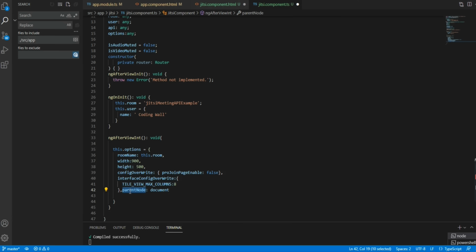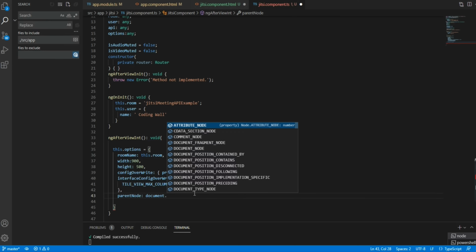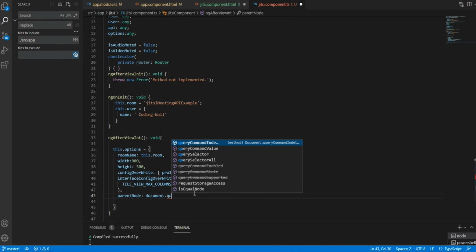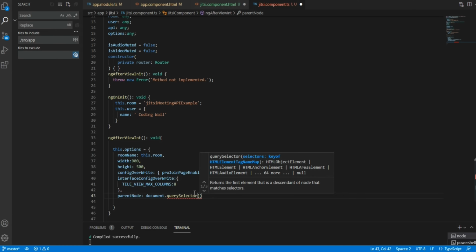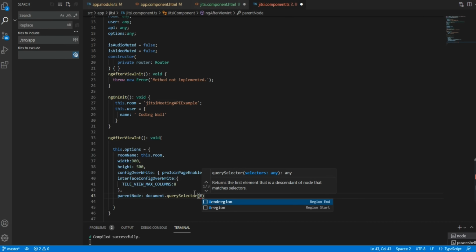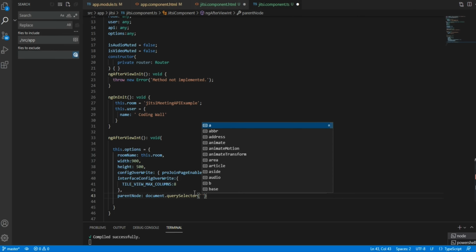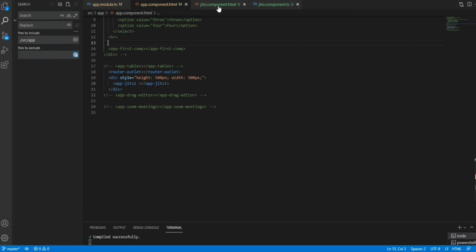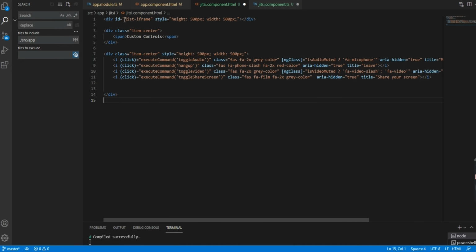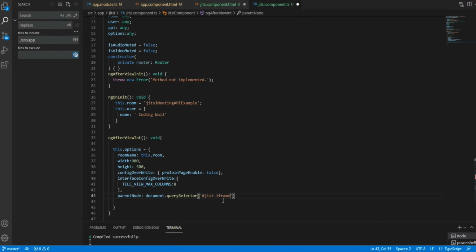Now we will give a parent node, document.querySelector. Here we'll give a name for this.